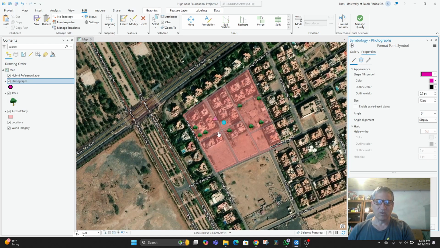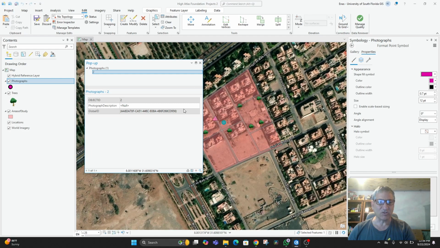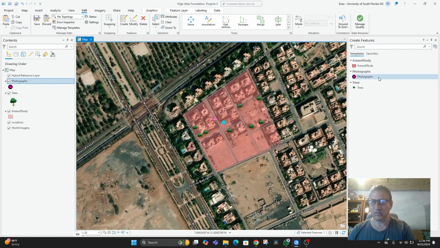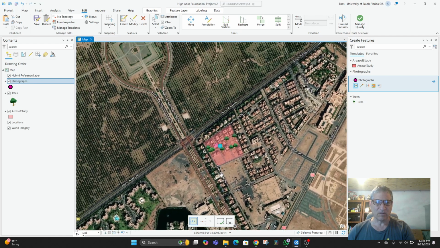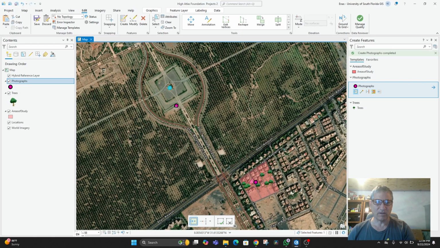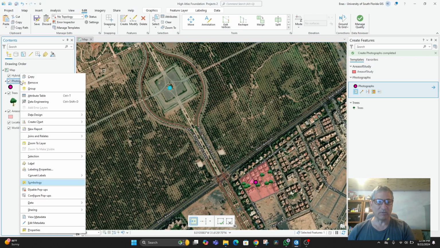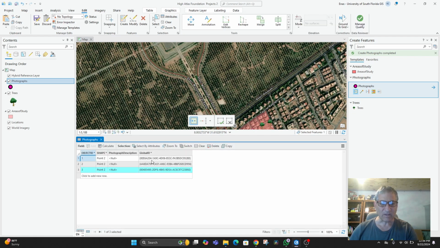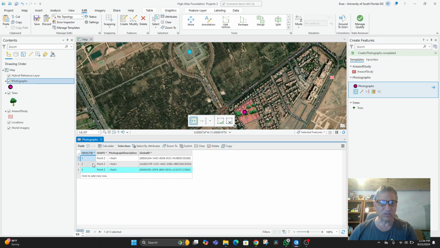All right, so we want to be able to put information in here so that we can get our picture into there, but we also want to make a couple of other points for that. So once again, I am here and I'll say, okay, I want a picture there. I'd love to get a picture of the square there. And does this have any attribute table information? Let's go to the attribute table and let's see. It has a global ID, the photograph description of this one,